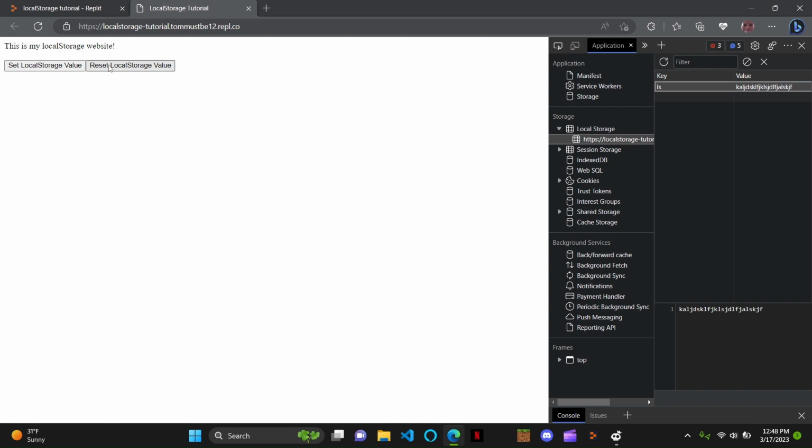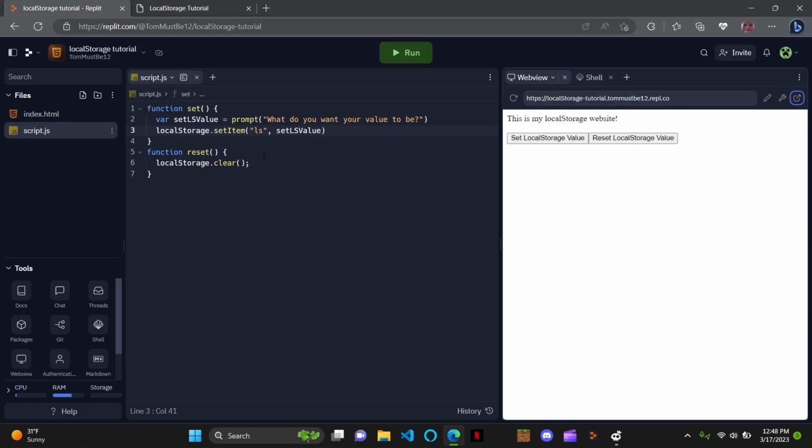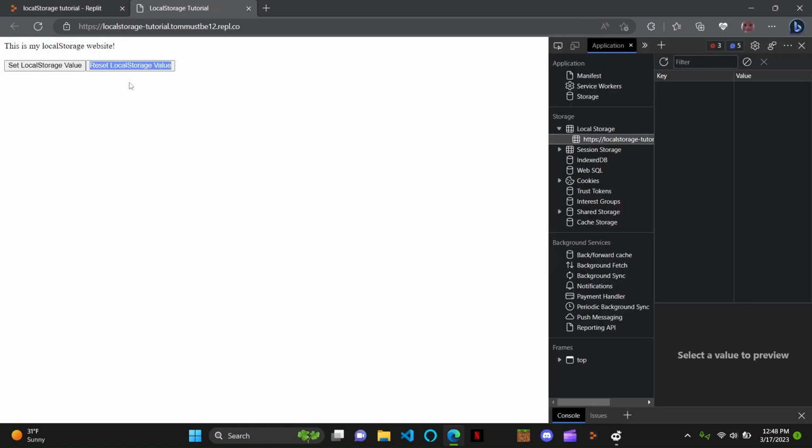And now we're going to click reset, or you can click this, but if you want to test your reset button, I would do this, and it resets the values. It's gone, and there's no way of recovering that. So that's what we have so far, but we can't even see what our value is,